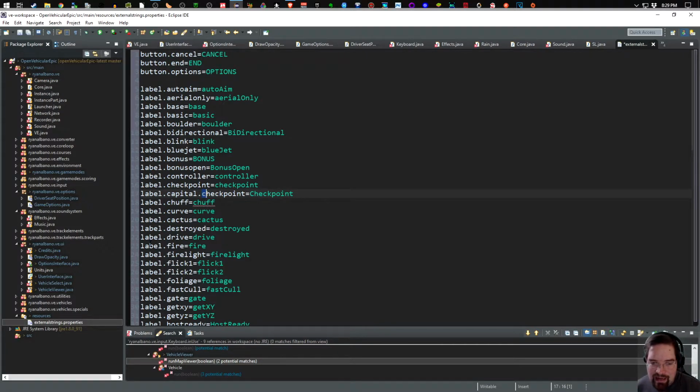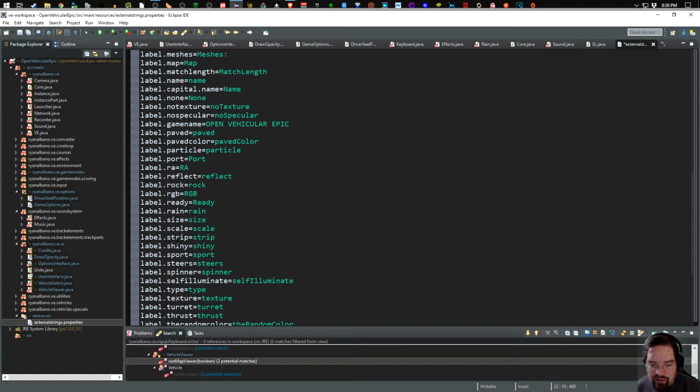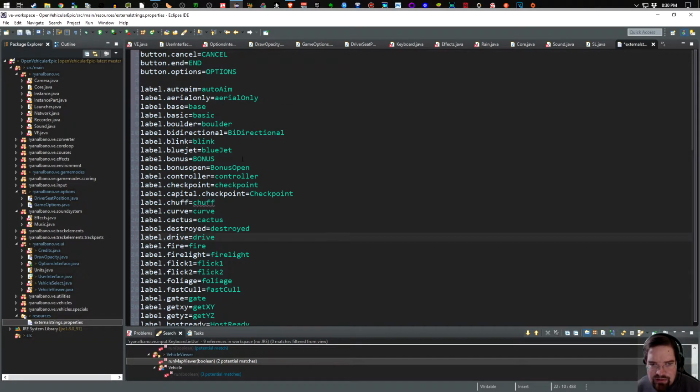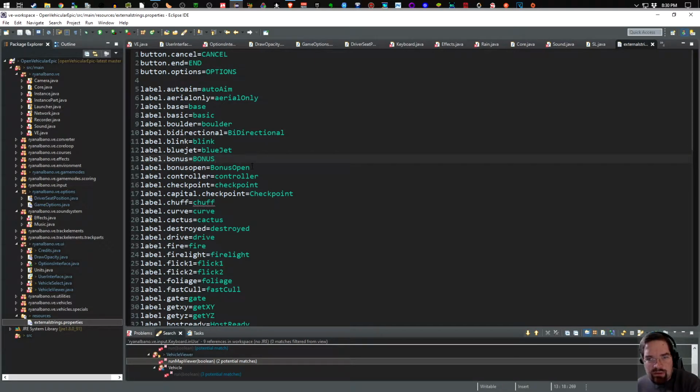And anything that had camel case or mixed case, like this one, I made all lowercase just out of convention. It doesn't have to be. I could have left the case alone on them, but I decided to make the keys themselves all lowercase, so we don't have to worry about that as you're coding. You always know what it's going to be and where you're looking at. So this is your basic external properties